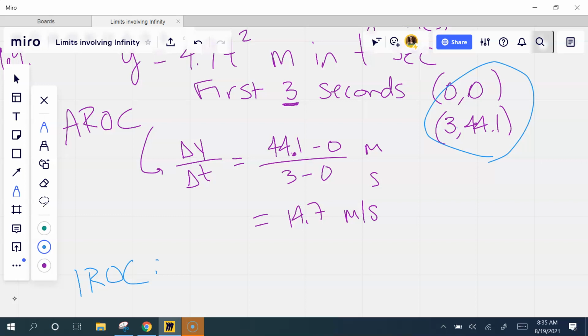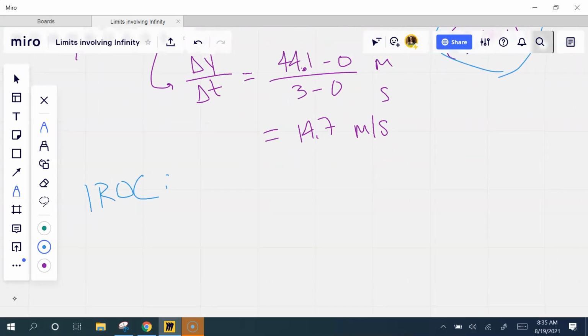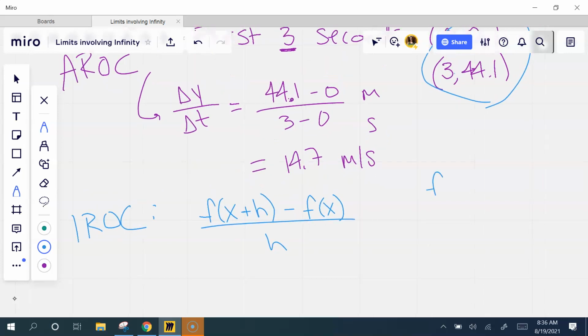But if you're just finding average rate of change, it's slope. IROC, though... Agree or disagree? I agree with that. Okay. Well, this is just saying, so this is if f of x equals...